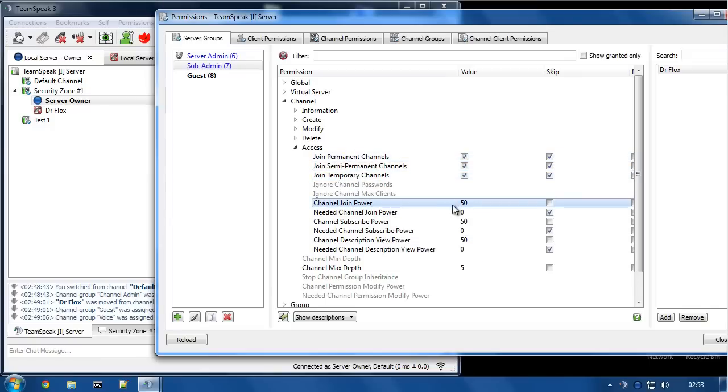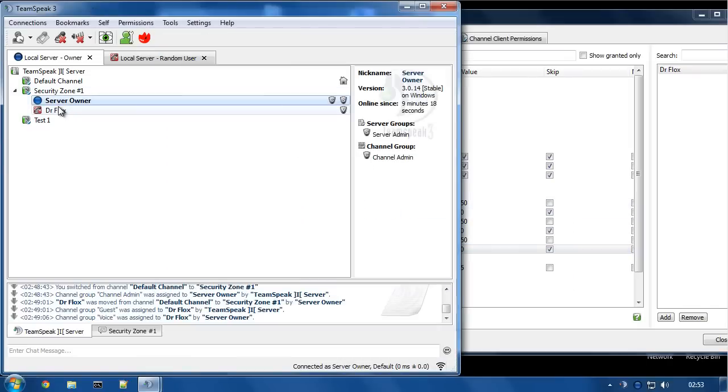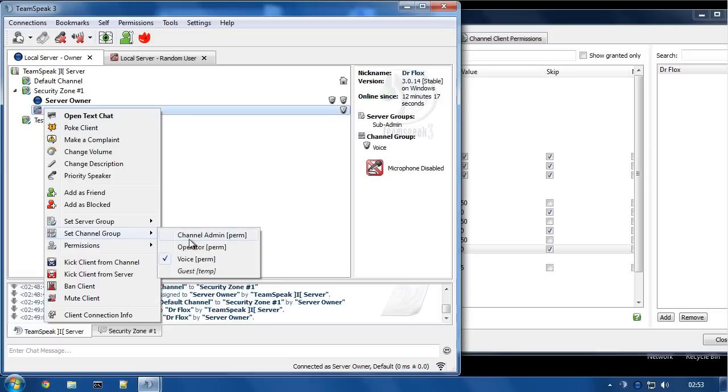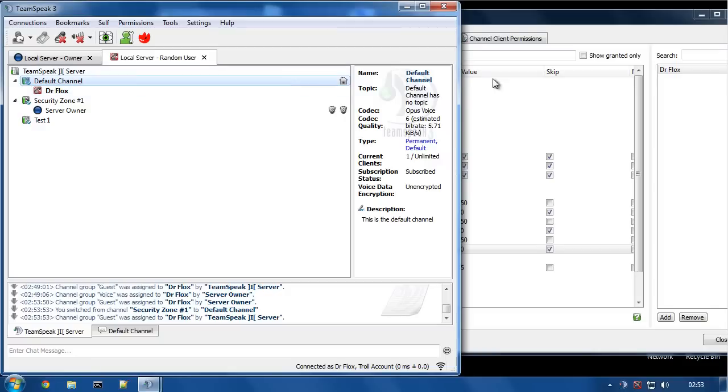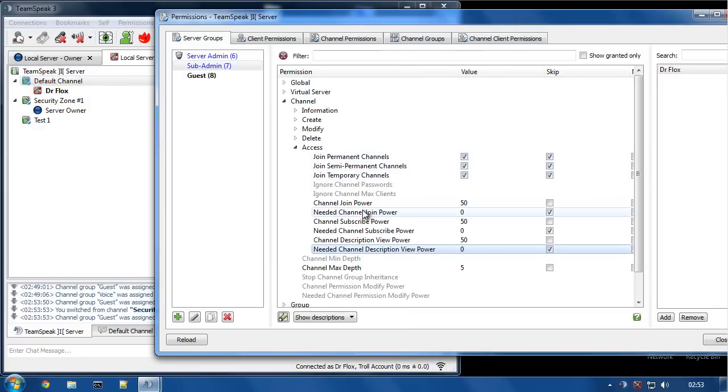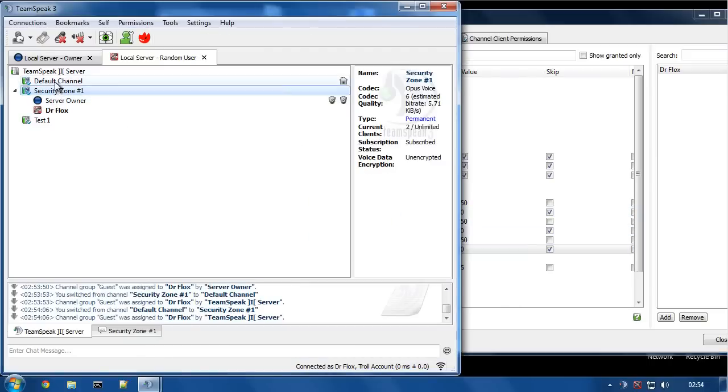And then since they have a level of 50, which is above 0 for the actual power to do these things, you are then forcefully making every channel act, to this person who's got this server group, as if there has been no requirement set. So by default, they now exceed the requirements for the channel as far as they are concerned. So if we take this guy's channel group away, which should mean they don't have access, because we've now given them the ability via these permissions to skip this and then manually make sure that the needed requirement is always 0 no matter what, now this person can come into every channel